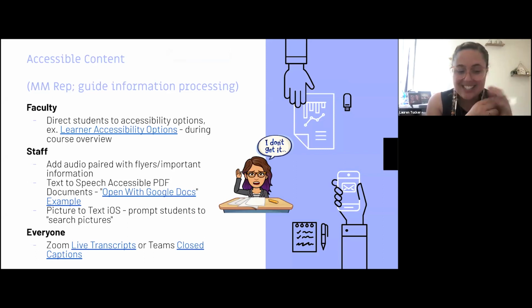But what it also does is it allows me to search pictures. I don't know about any of you, but I tend to take pictures of slides at conferences, flyers, things I don't want to forget. And then they're just in my camera roll. And I'm like, I knew about that event. Like, where was it? Many of our smartphones now, you can search for a keyword that you knew was in the presentation or in the flyer, and then it will pull up and it will actually analyze the words within the pictures. 10 years ago, this technology was quite expensive, and now it's built into many of our smartphones